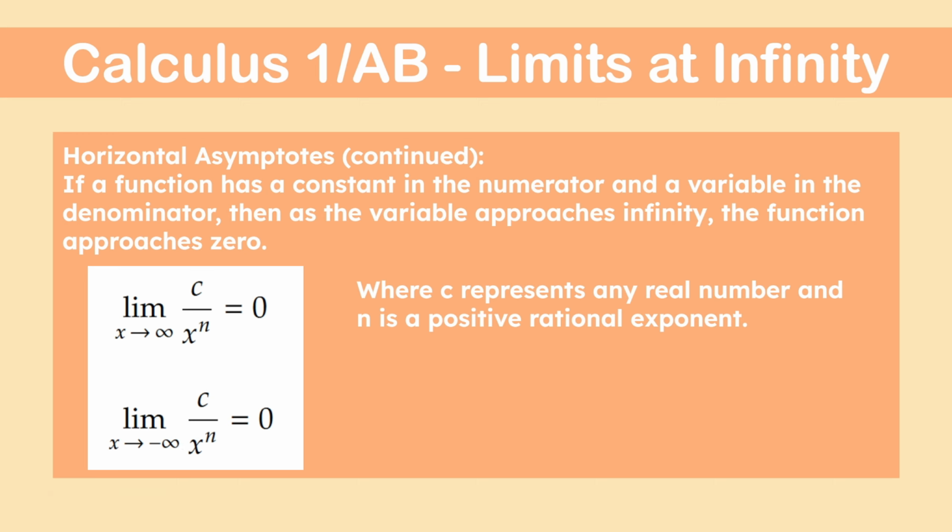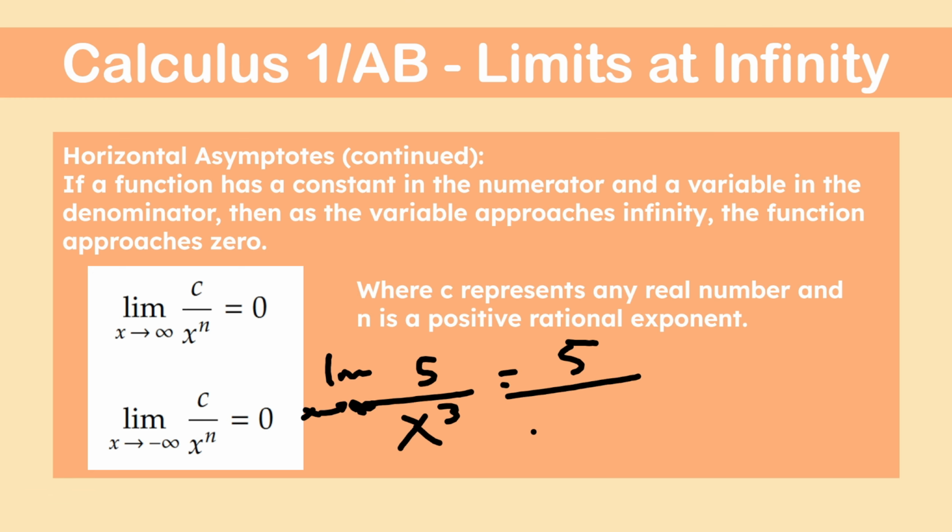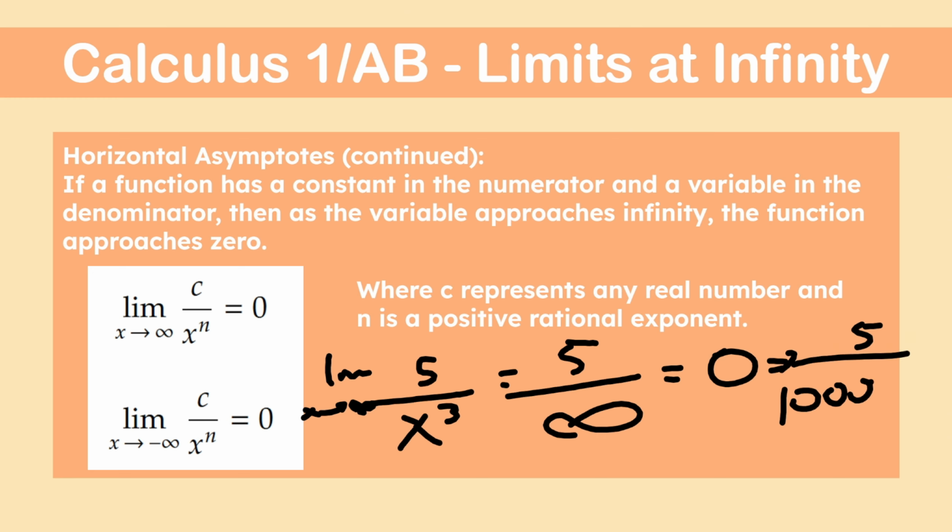power n. The reason why this happens, let's say c is equal to 5 and that x is to the power of 3. So as you approach infinity, 5 is going to stay the same, but x is going to approach infinity. So 5 divided by a very, very big number is going to approach 0. So let's say we have like 5 over 100,000. That will be like 0.005, something like this, or one more 0. So as x gets bigger and bigger, you're dividing 5 by a larger and larger number, which means that it